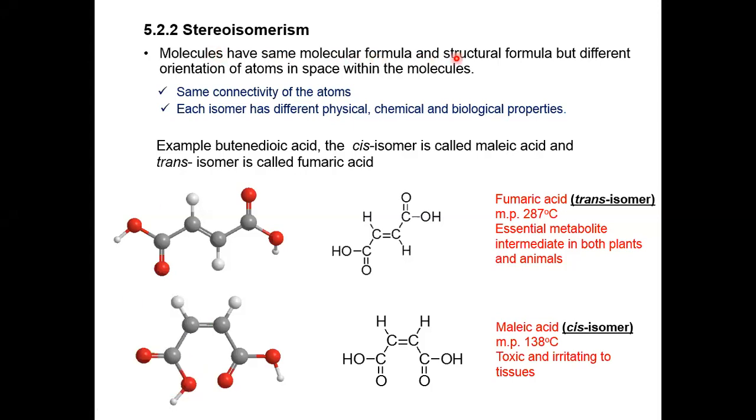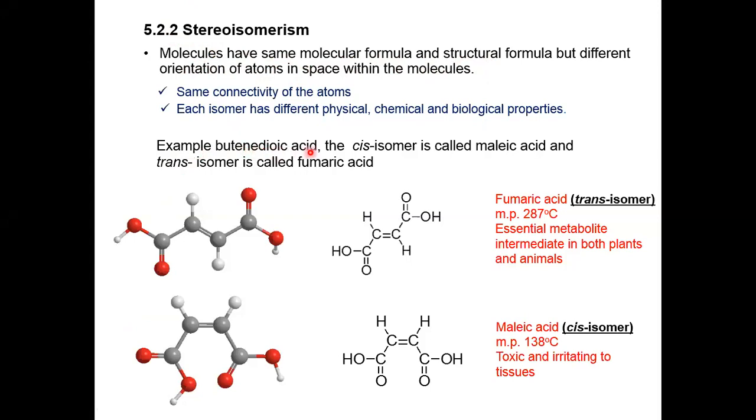Molecules have the same molecular formula and structural formula, but a different orientation of atoms in space within the molecules. Same connectivity of the atoms. Each isomer has different physical, chemical, and biological properties. So this is the same as the constitutional or structural isomer. So for example,